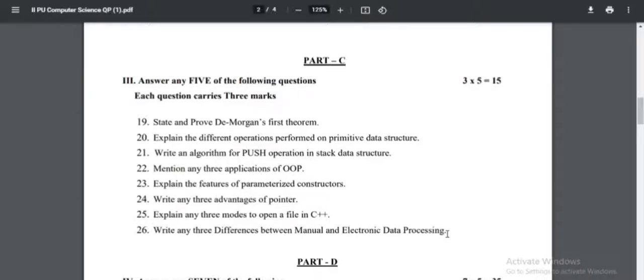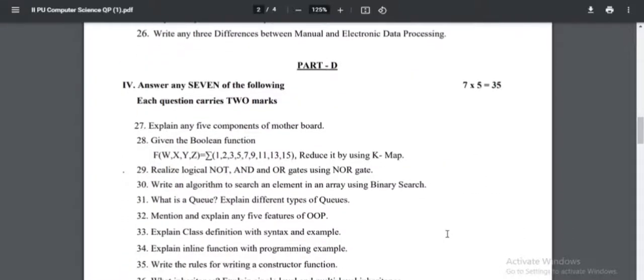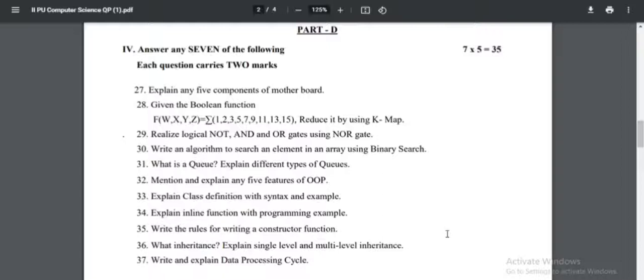So in all the chapters there is a particular weightage, so you need to concentrate on that and work purely based on the blueprint. Okay. Next is part D, that is the 5 marks questions that have more weightage. Out of all these questions, you need to answer 7 questions. Okay, that totals 35.